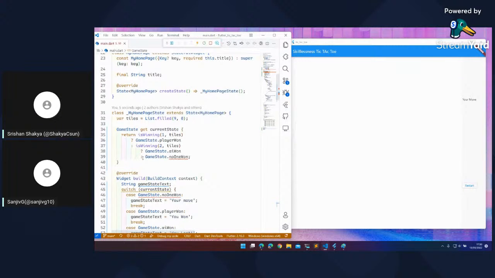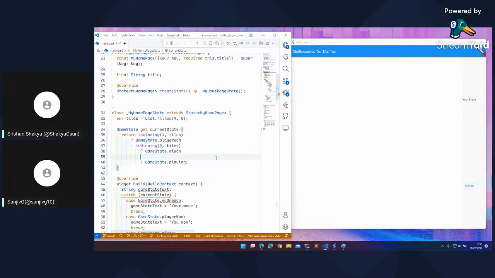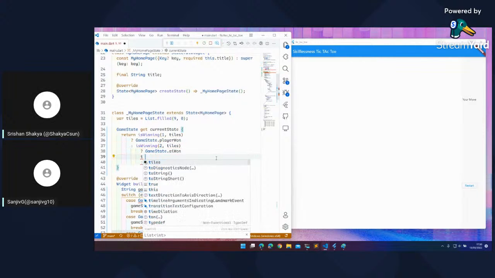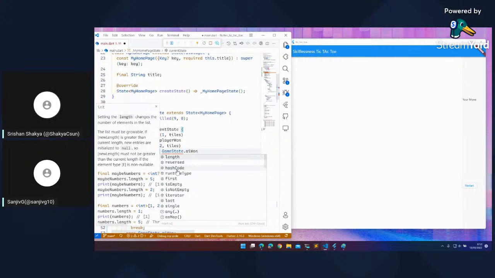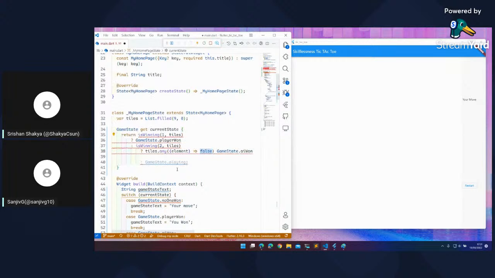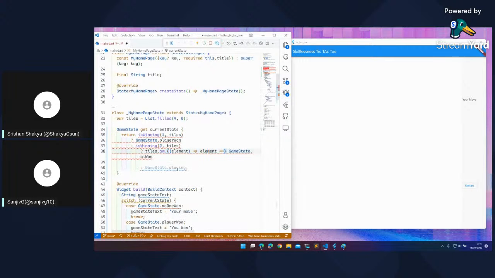So this is playing, but before playing, we should now also check if the game has already finished, or all the tiles are filled with something other than zero. We can do that by tiles dot any equals to zero.